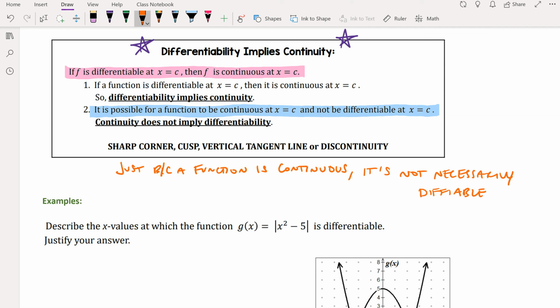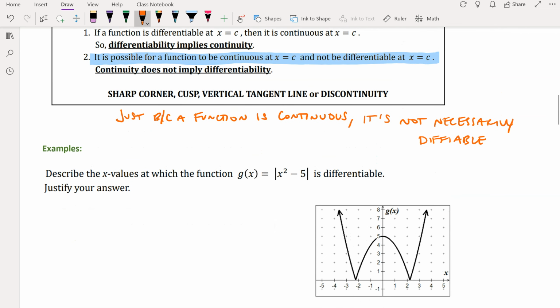Okay, let's go ahead and describe some x values on this graph where this function is differentiable. So we want to know, where is this differentiable? All right, let's look at all of our curve. So it looks like we're good here. We're differentiable here, here, here, here, here. The points in question are right here, right? We're not differentiable at sharp points. And I can go ahead and tell you that those points happen at negative square root of 5 and positive